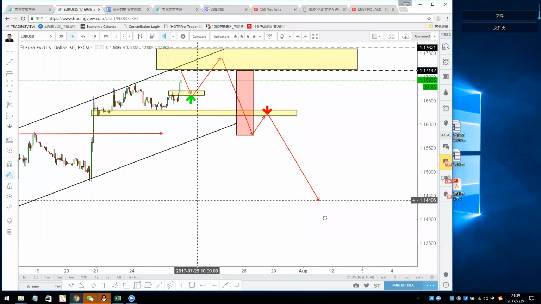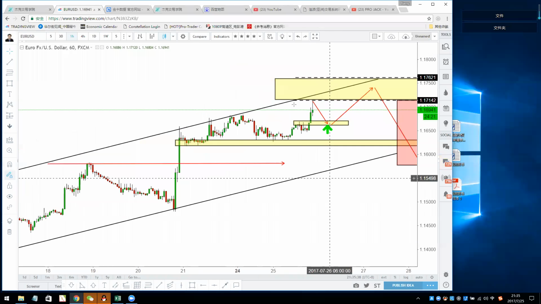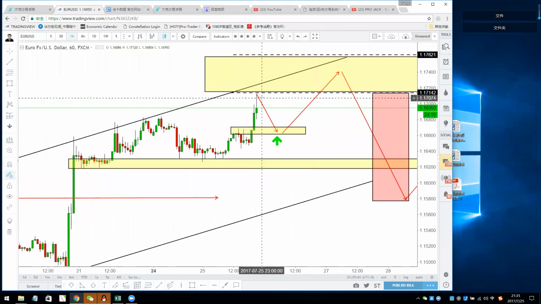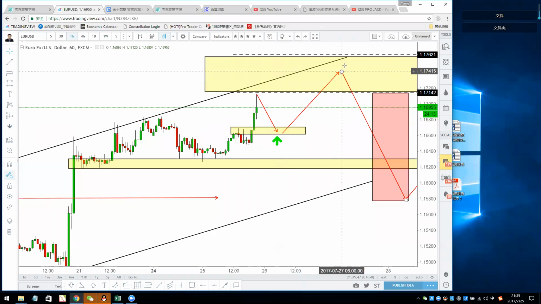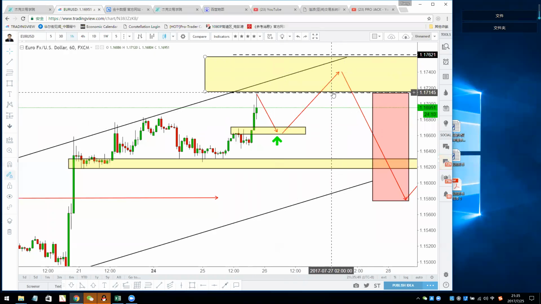The first one will be a quick one, a short one. Maybe you can trade it today. They pull back to this area, the neckline, the structure there, and you buy and aim for a higher place like 1.1714 to 1.1760.